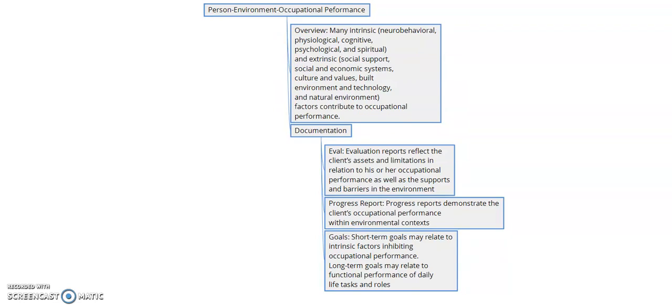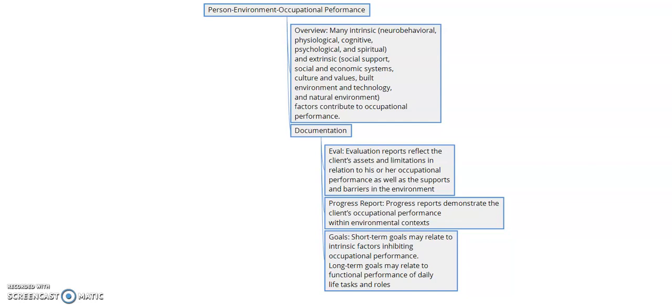The Person, Environment, Occupational Performance frame of reference, or the PEOP, states that many intrinsic and extrinsic factors contribute to occupational performance. Intrinsic factors are things like neurobehavioral factors, psychological factors, physiological factors, spiritual factors, and cognitive factors, whereas extrinsic factors are things like social support, social and economic systems, culture, values, technology, and